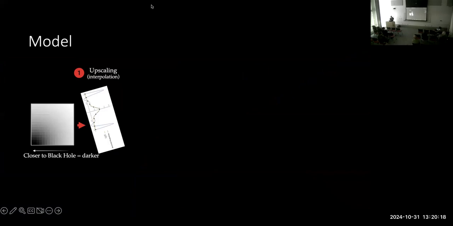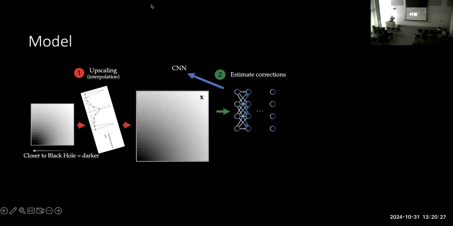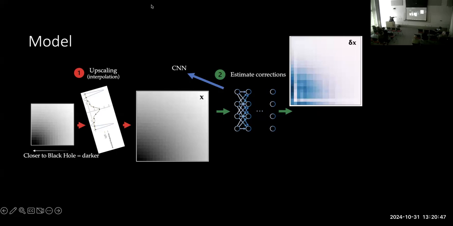I'm still using some classical interpolation to first get my first approximation. And then I take this approximation, which then I use a CNN. And CNNs are especially perfect because Einstein gives me a lot of symmetries. Especially in the Cartesian coordinates in this grid set I have, I get automatic translational symmetry. So that's effectively already encoded in a convolutional network. So I get that for free with a convolutional neural network. Now with that one, I can estimate an error, a correction that I'm going to add on top of my initially interpolated one, and effectively can then